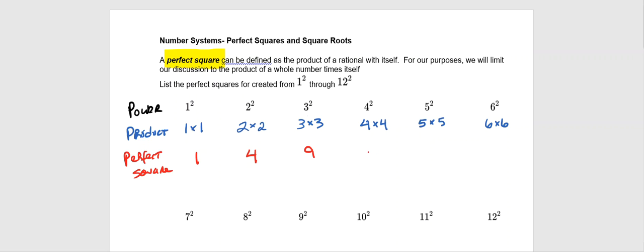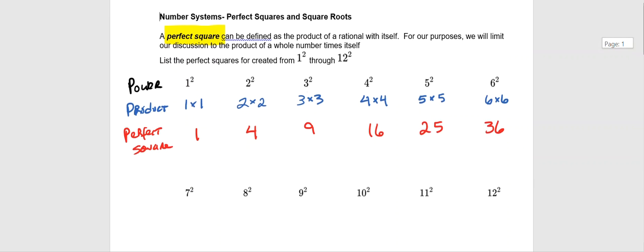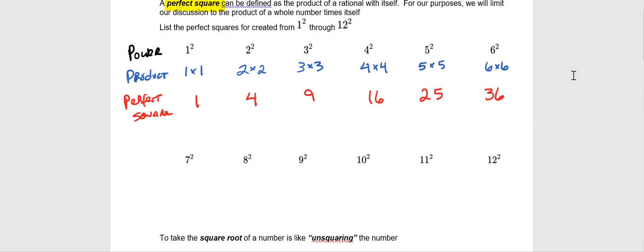So we'll just continue this. We'll see that 4 squared, which is 4 times 4, is 16. 5 squared, which is 5 times 5, is 25. 6 squared, which is 6 times 6, is 36. So it's important that we understand the terminology. The power is the number raised to an exponent. The product is the repeated multiplication representation of that power, and the perfect square is the result of actually doing